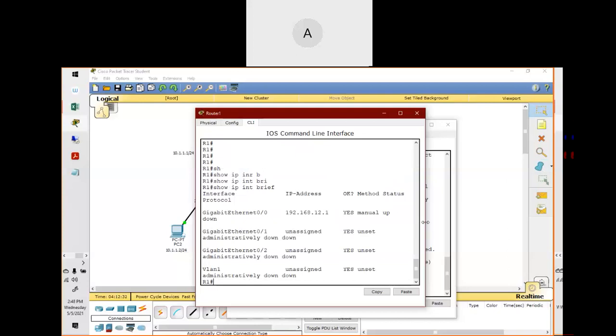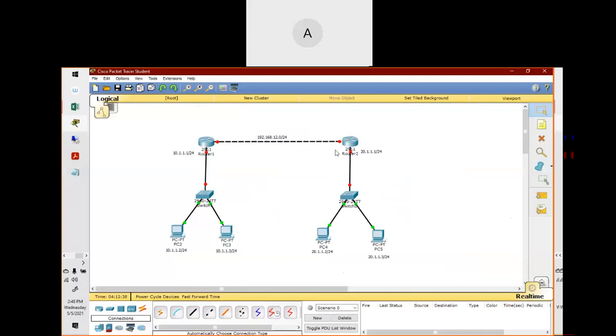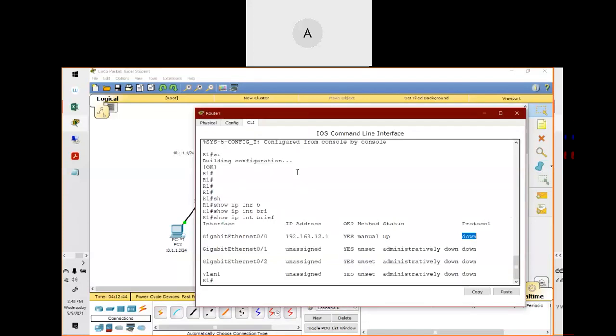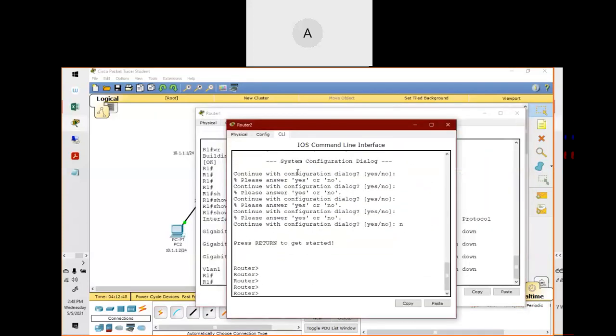Done. And now you can see the protocol is down. Why? Because you have to configure the other interface as well on the second router. Then only this link will go up, right? Now let me move to the next router, which is router 2, and we'll do the same configuration.